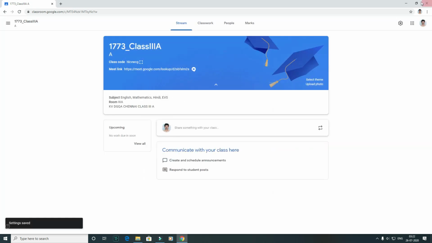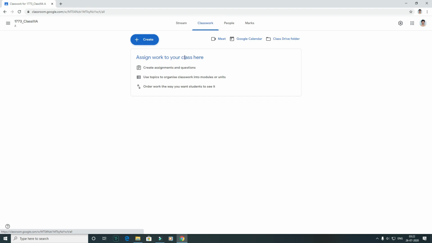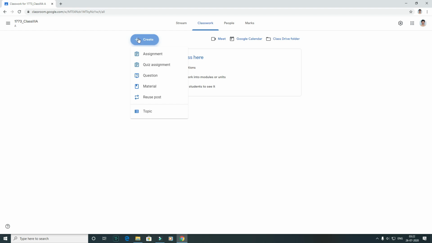After saving, now we are going to see how to give work in Classwork. Just click on Classwork. You will see the screen below. Click on Create plus. You will get a list of items. In the list of items, select Topic.